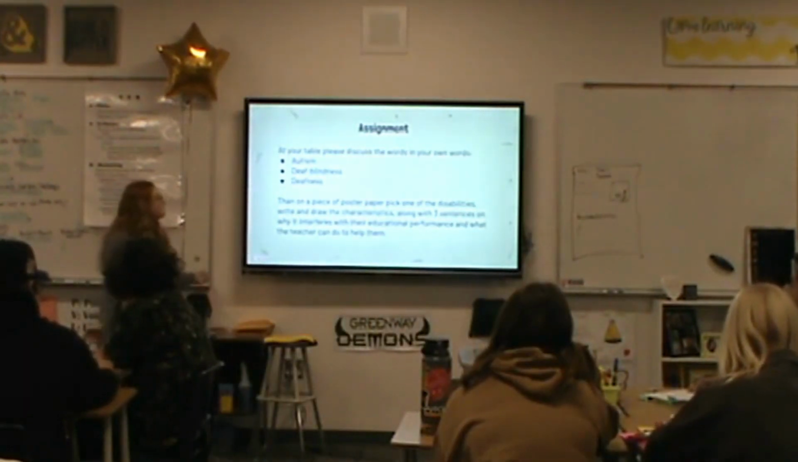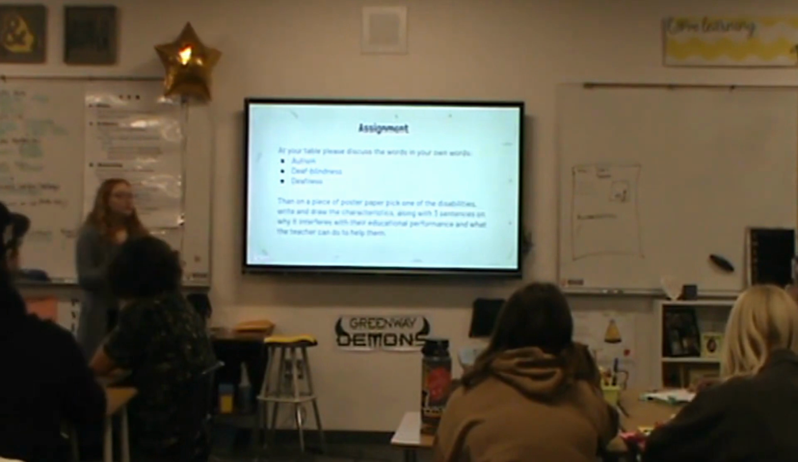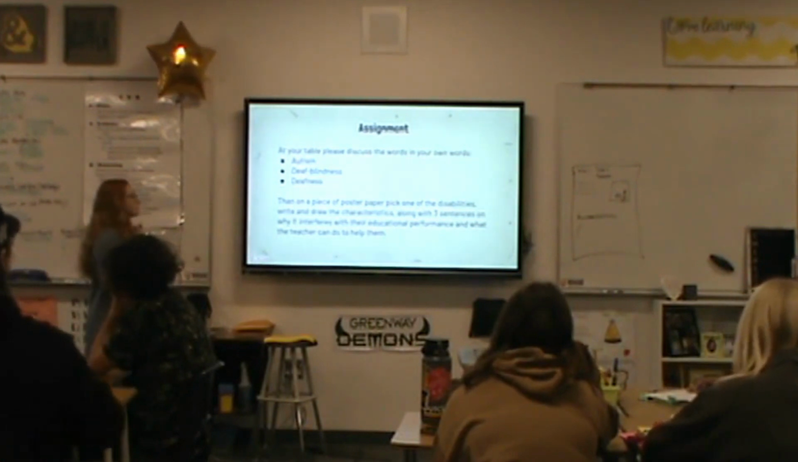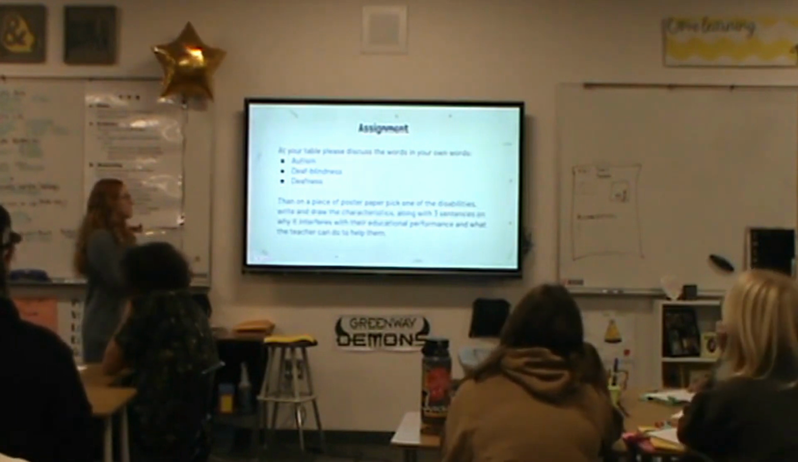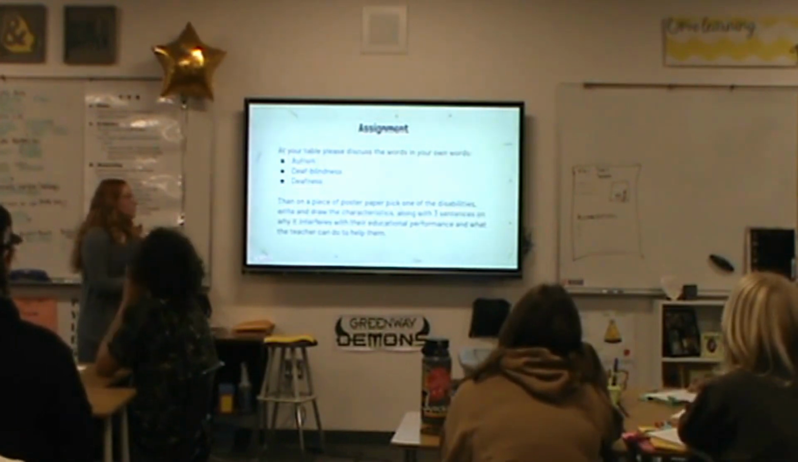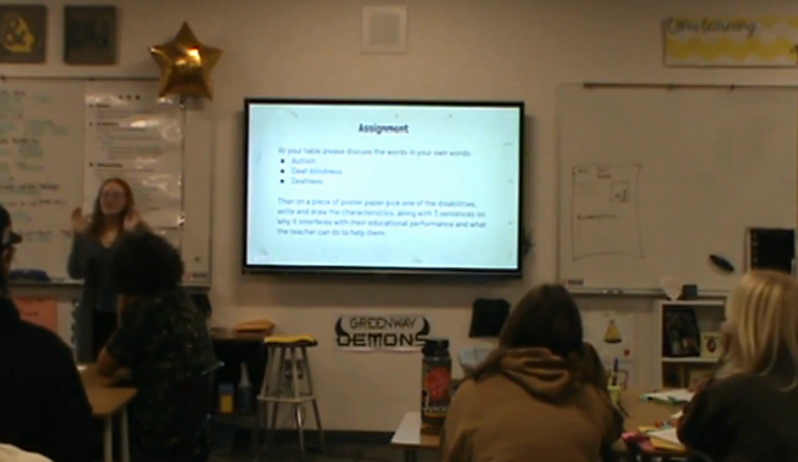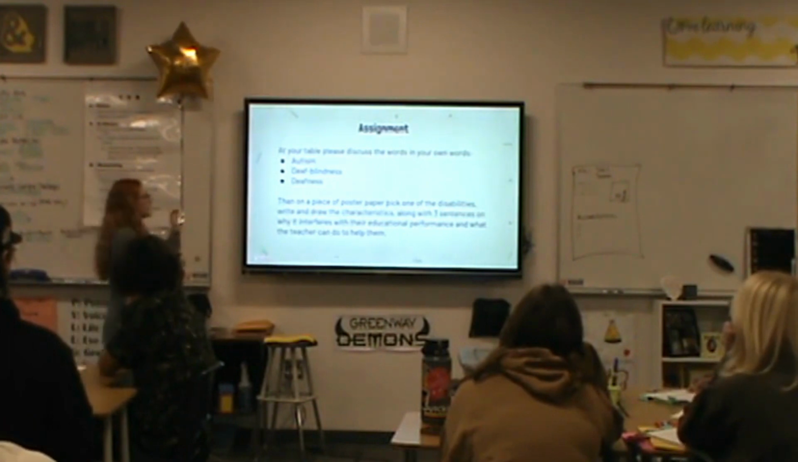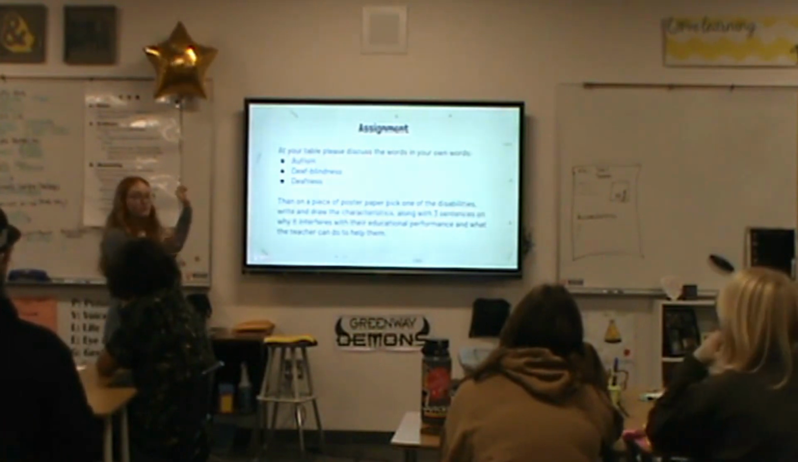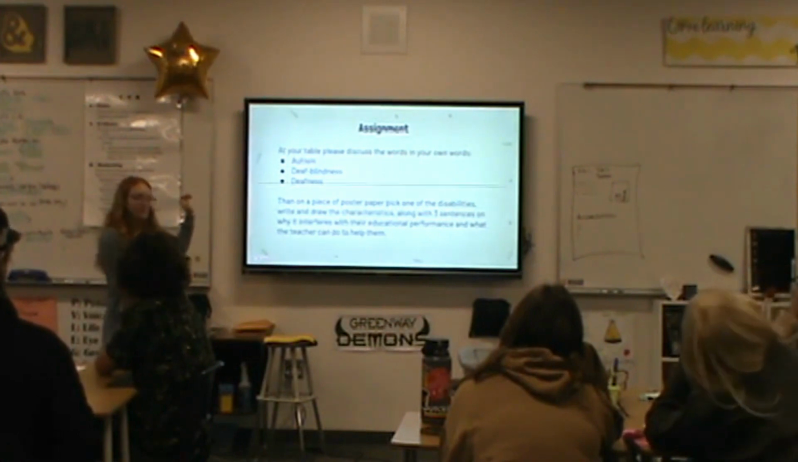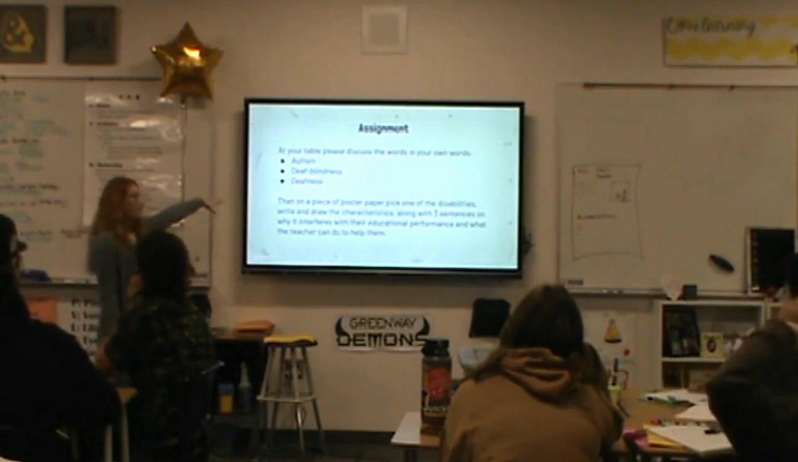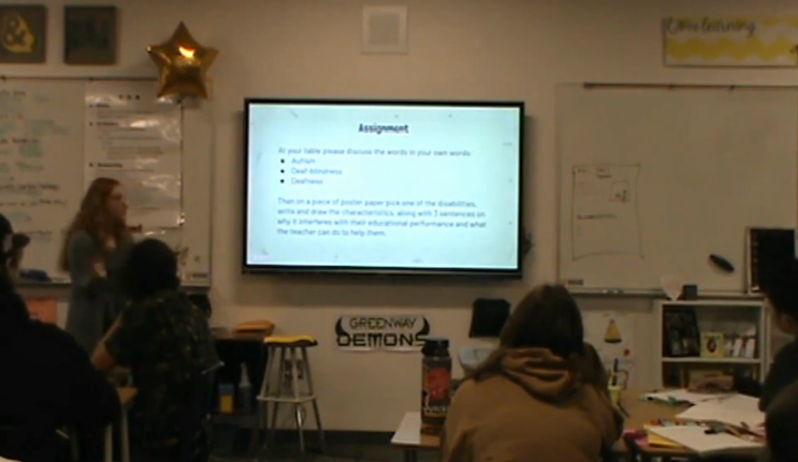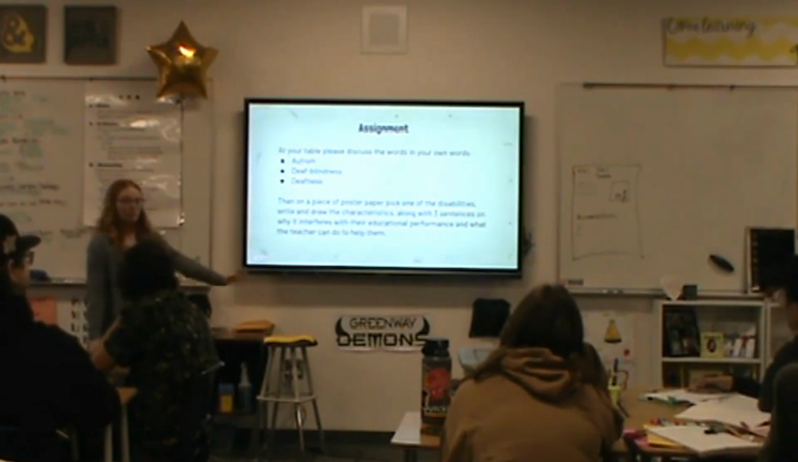Okay, so for your assignment today, we learned at least 3 of the categories of educational disabilities: autism, deafblindness, and deafness. So it's going to be a table project. Obviously there's only 3, so you guys are going to have 2 the same or 3 the same, which is okay. I want you to pick one of these 3, and then on a piece of paper or one of the sticky notes that I'll provide for you,